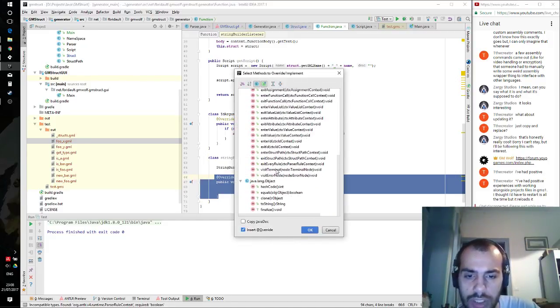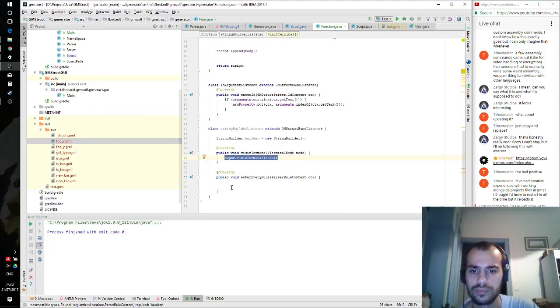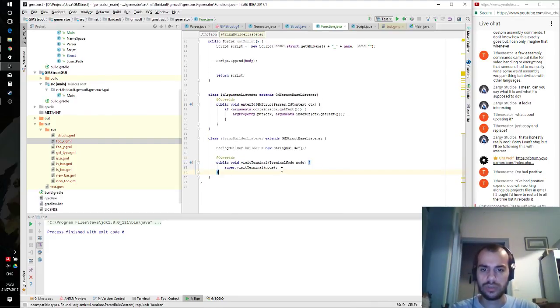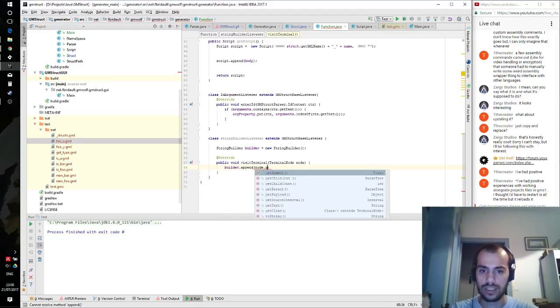Visit terminal node. Here you go. That should work, I think. So every time we visit a terminal node, I want to say builder dot append node dot get text,